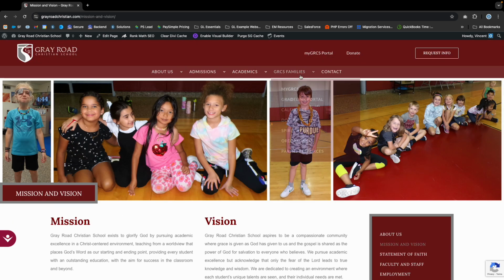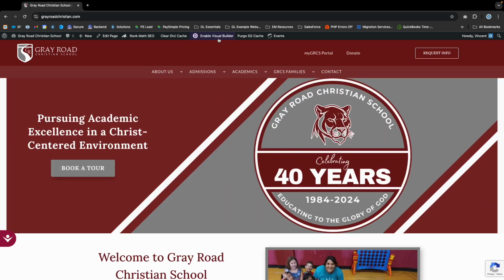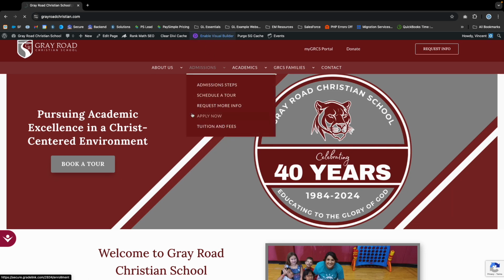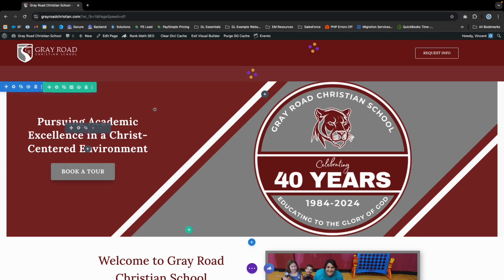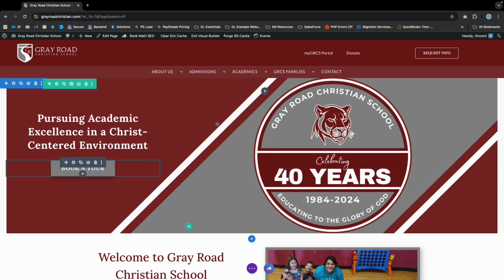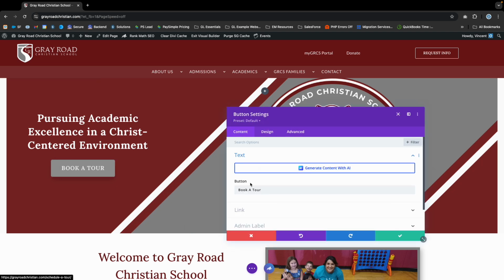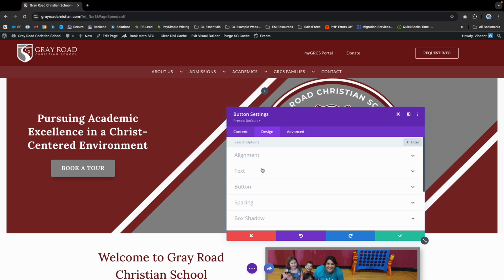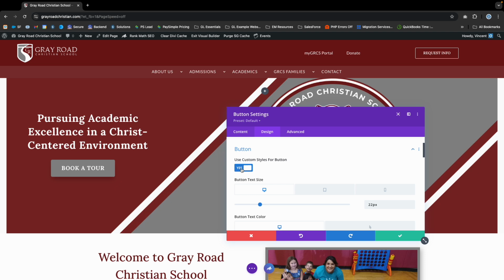Now, if we go over to the home page where there's a button that we want to adjust the hover color for, click Enable Visual Builder. And usually hover color applies to things like buttons or navigation items. So in this case, we'll hover over the Book a Tour button here, click on Module Settings, and again, we're going to go to the Design tab. Typically anything to do with colors is under the Design. Then click on the Button tab here,